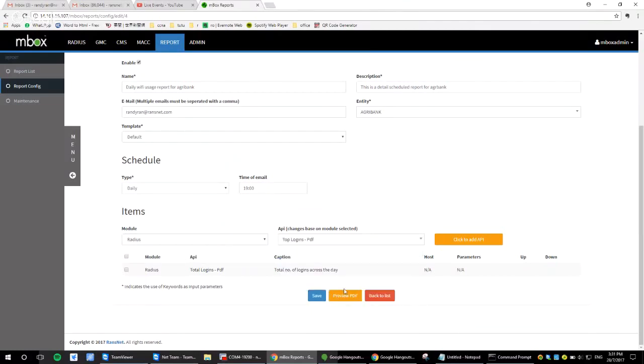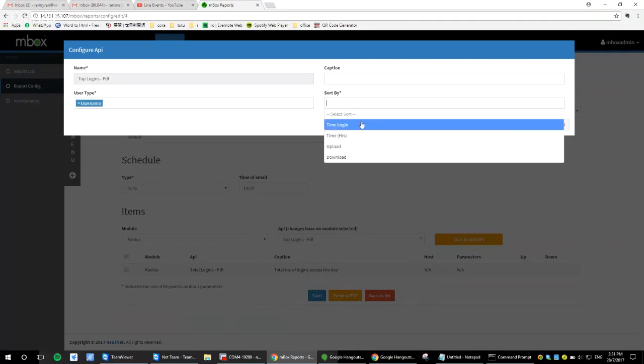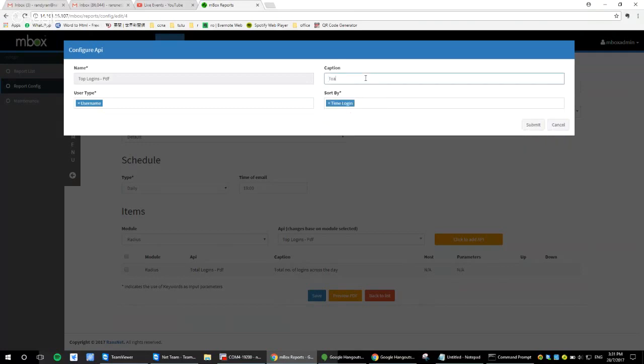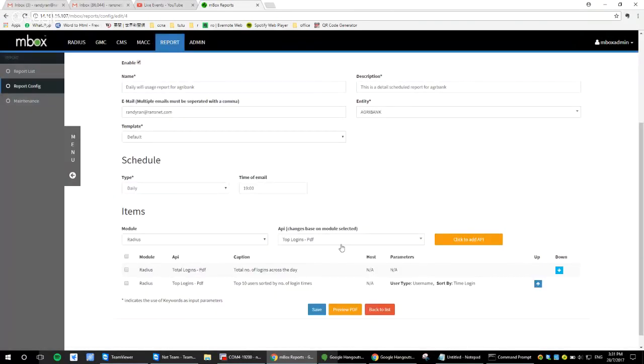So let's say total logins and top logins. Let's say top user or top MAC address by device ID, and top user in terms of number of logins, or in terms of total usage hours. So let's say top 10 users sorted by number of login times. You create another one, or maybe you want to have another top logins sorted by device ID,